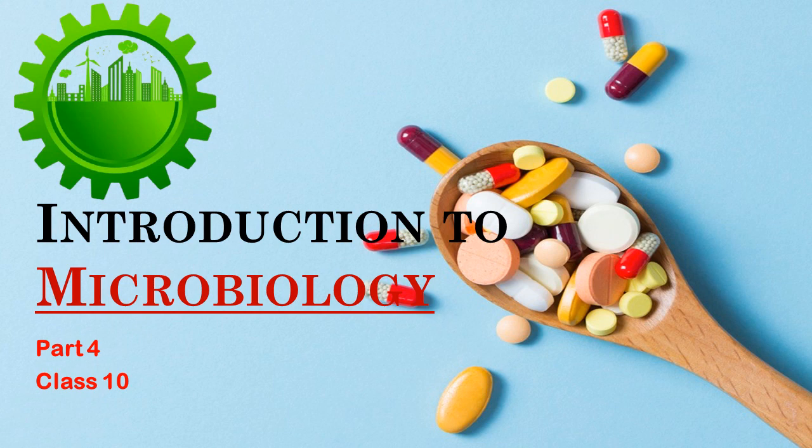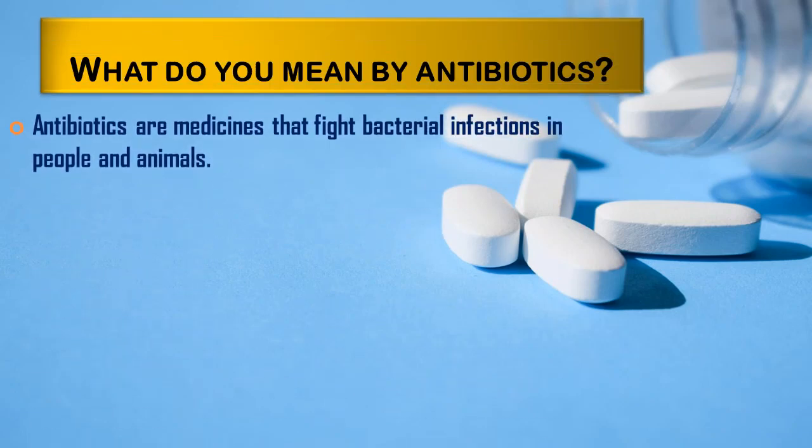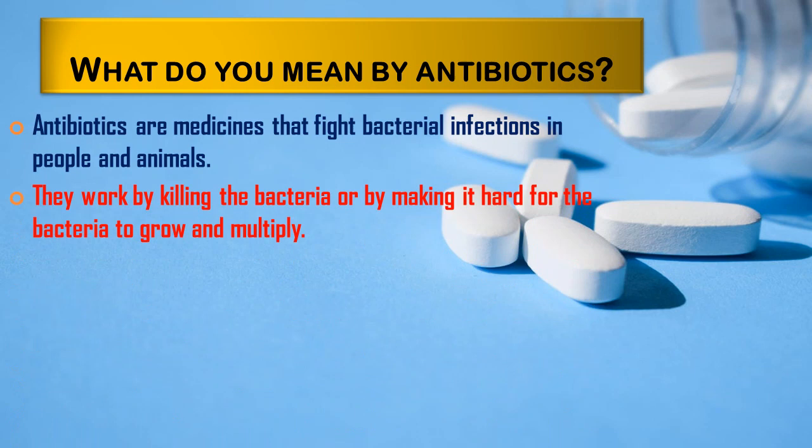So let's understand this. What do you mean by antibiotics? Students, antibiotics are medicines that fight a bacterial infection in people and animals. And they work by killing the bacteria or by making it hard for the bacteria to grow and multiply. So these are the medicines which are used to kill bacterial infection in people and animals. And many diseases of humans and other animals have been controlled due to antibiotics obtained from different types of bacteria